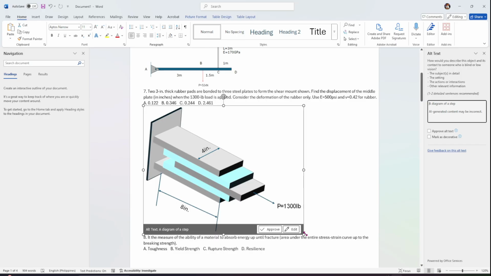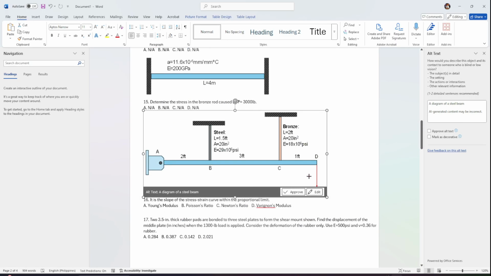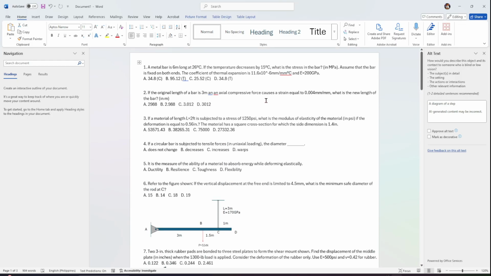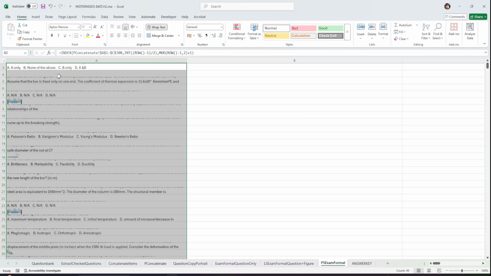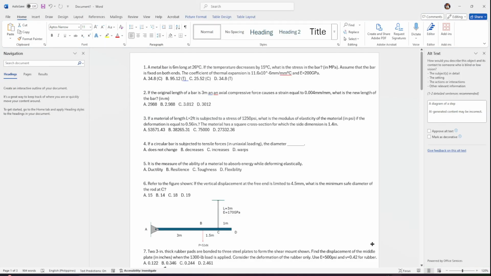So this program is also made so that the figures will come together with the question. So you may just adjust the size. And then this is already your set A, for example. And then click on the file, press F9 to recalculate. It will automatically randomize. So copy, then this is for your second set.